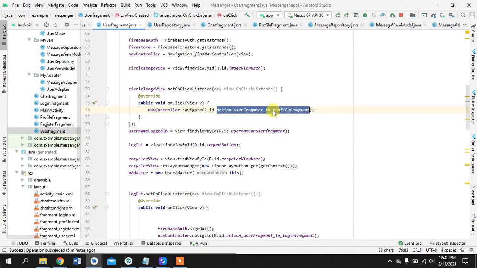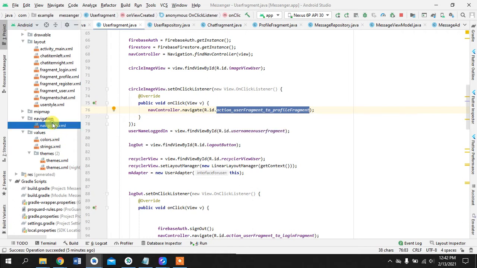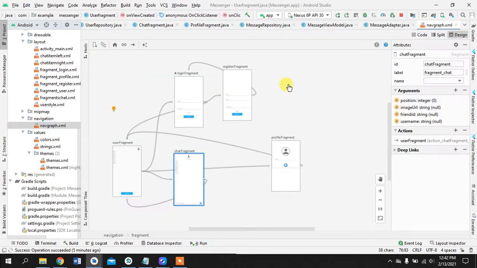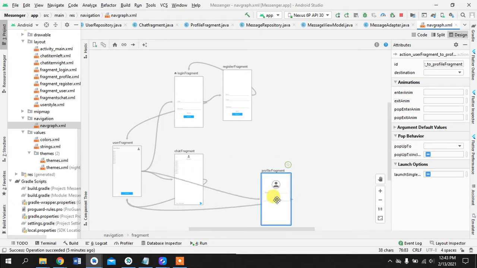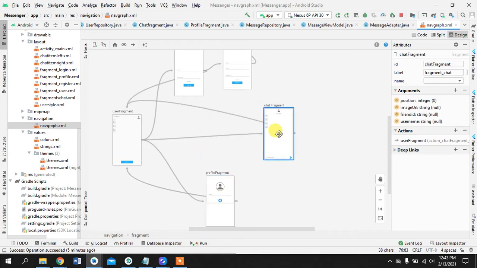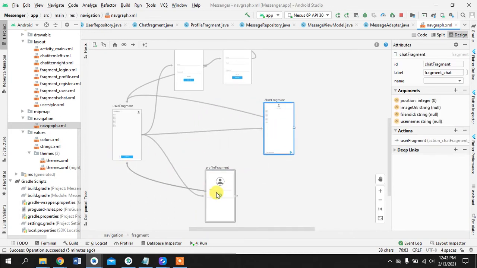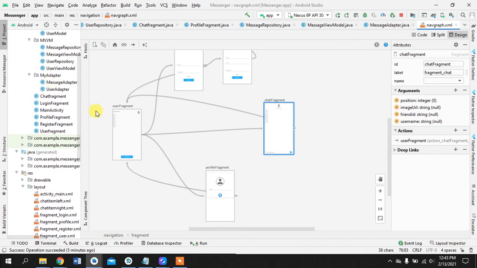Once again, I'm telling you this because in the navigation graph you can create an arrow. You see, user can also take us to the login fragment, user can take us to the profile fragment. This is where you are seeing this. If I refine it a little bit, so yeah, okay, that will take us to the